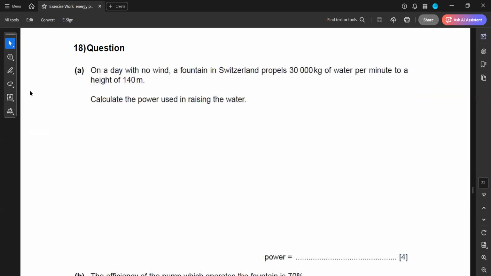So next we have, on a day with no wind, a fountain in Switzerland propelled 30,000 kilograms of water per minute. Per minute means how many seconds are there? Time should always be in second. So in 60 seconds,